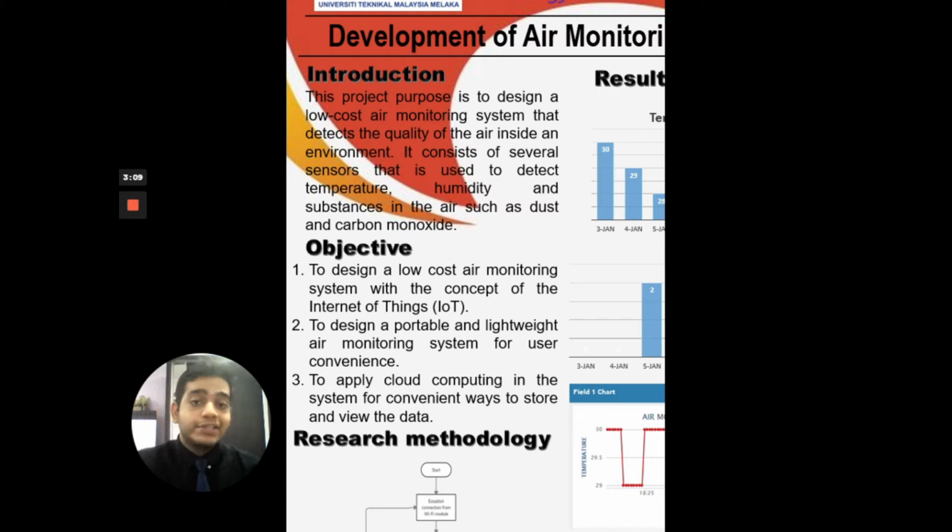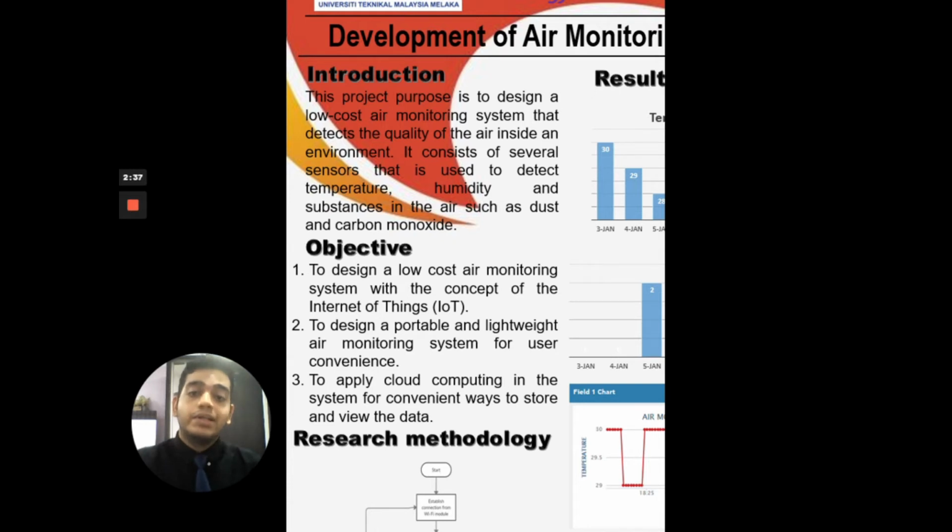Air pollution is the biggest concern in any country, whether developed or developing, particularly in urban areas of developing countries where many gaseous pollutants are released due to industrialization and the increasing number of vehicles. Although we are focusing on outdoor environments, indoor air quality is also important for our health. 90% of the day is spent indoors. To prevent health problems, clean, safe, and comfortable air quality is important.